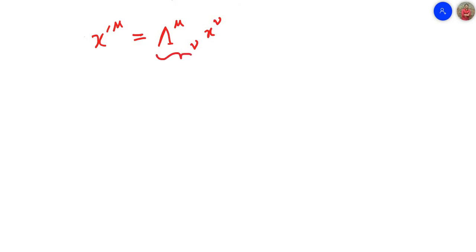So the matrix relating the coordinates in two frames can indicate either rotation, or boost, or a combination of both. Now this, in other words, can be interpreted as the coordinate transformation,